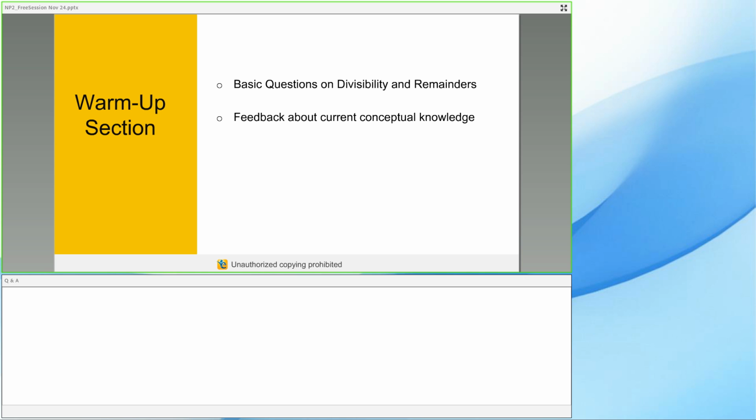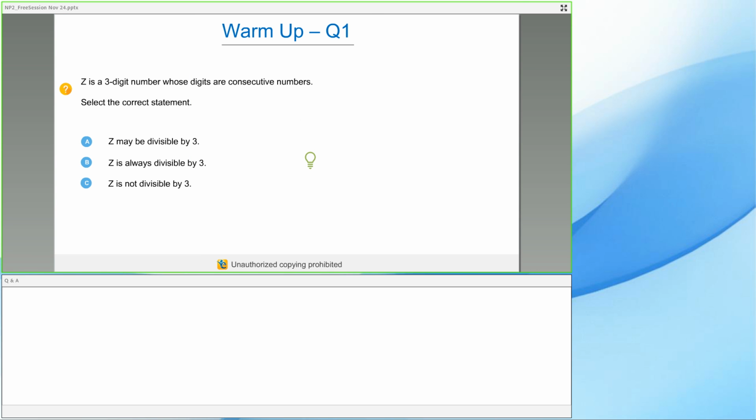If not, what should you go and revise, or what kind of concepts you should go and learn. And the solutions, though they are provided, since they are basic questions, I'm not going to provide you a very detailed discussion of the solutions. I'm just going to give you at a high level what are the things that you need to do in these questions. Okay. So what is going to happen is now you're going to see a question on your screen.